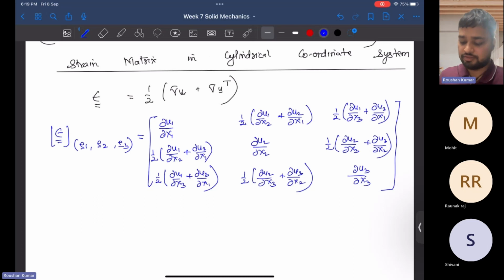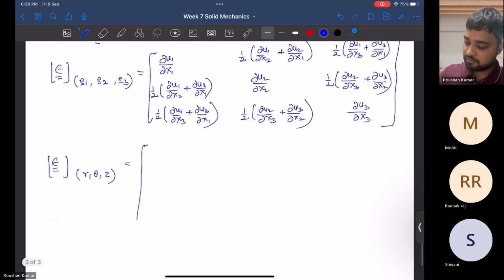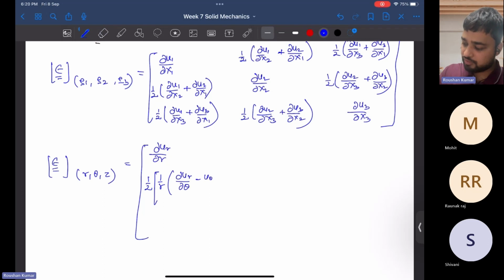But here we want the strain tensor in cylindrical coordinate system, that is in r, theta and z coordinate system. It is given by del ur over del r, half of 1 by r del ur over del theta minus u theta plus del u theta upon del r, half of del ur over del z plus del uz over del r,